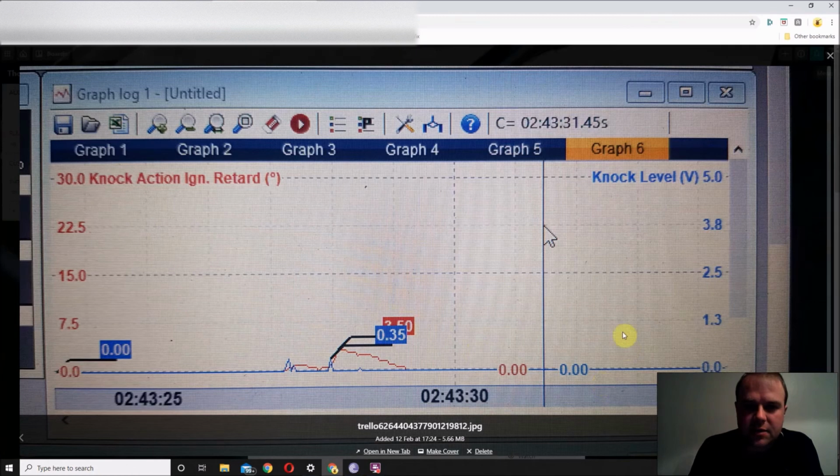So this image is a screenshot of one of the data logs that was taken from the ECU during tuning, and this is just to show some of the functions that were set up. This particular function, of course, will be the knock control. What you can see here in red is the knock action ignition retard, and in blue is the knock level. Without getting too deep into it, once the knock level rises to a certain point, this ignition retard should kick in and actually retard the ignition